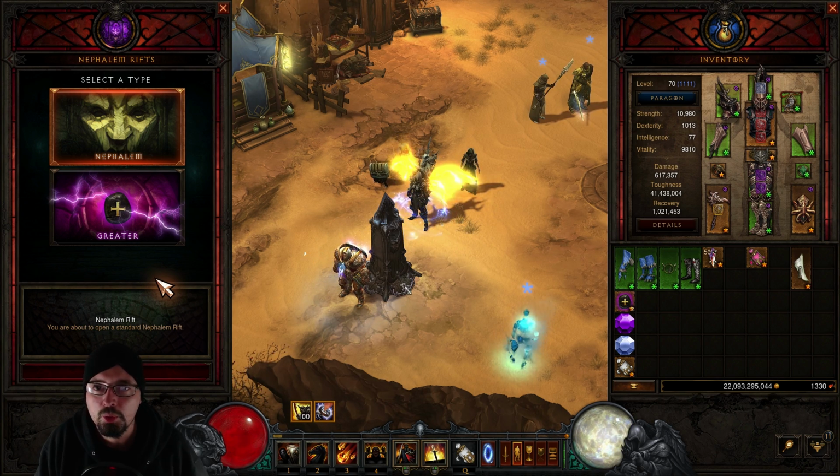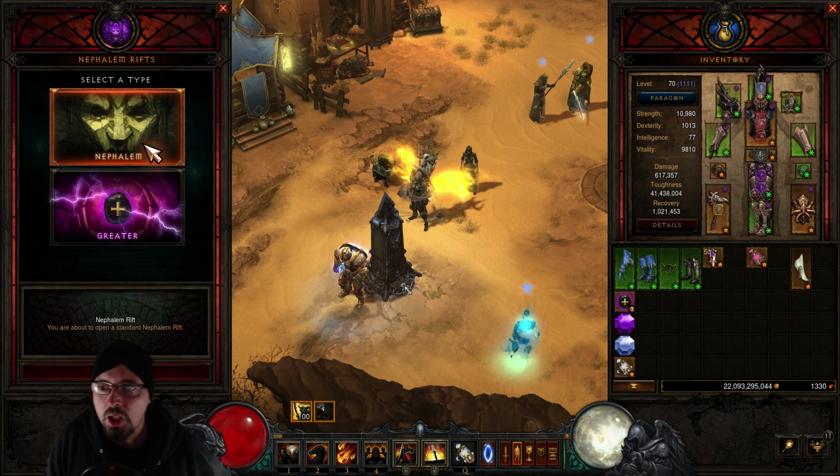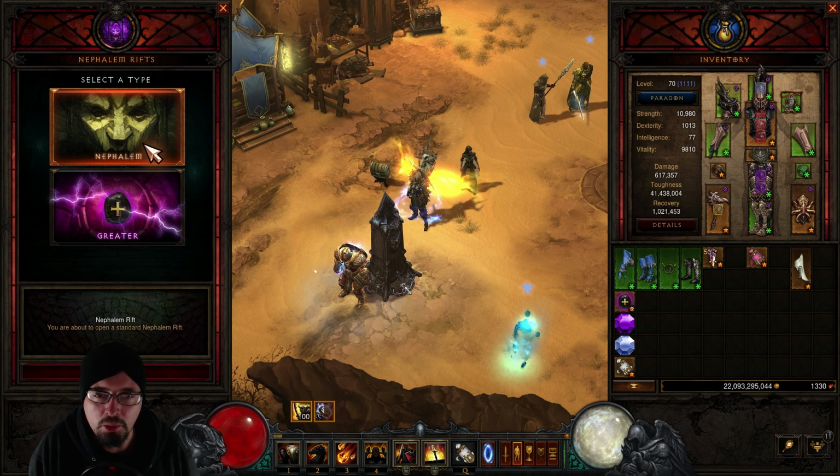And whenever you run in groups, it'll also be probably the one strategy that they will use. It is recommended that you run normal or Nephilim rifts in a public game with a full party, because your experience bonus will go up, your magic find bonus will go up, and you'll be able to complete them a